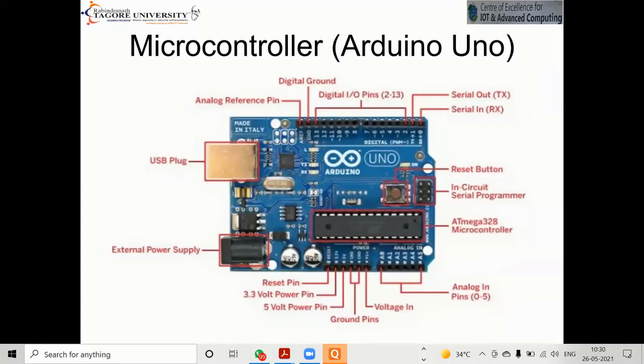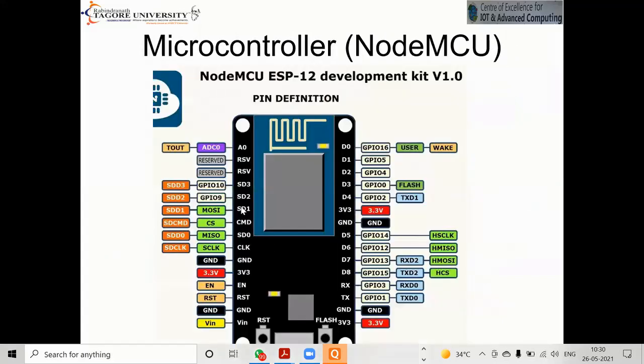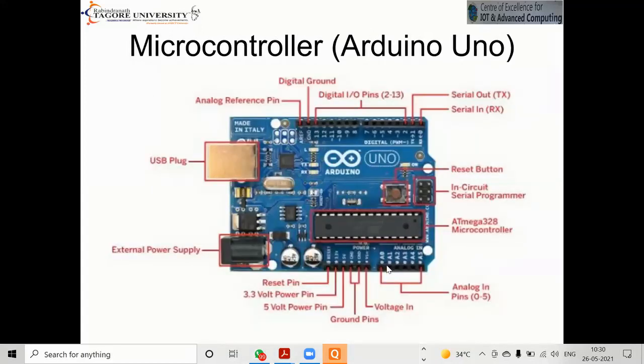When you go for selecting the microcontroller, you check what type of pins you need more. So here the analog pins are A0, A1, A2, A3, A4, A5. The rest is the same, because it gives 3.3 volt, and you can see how many pins are here for 3.3 volt, how many pins for 5 volt, and how many pins for the ground.